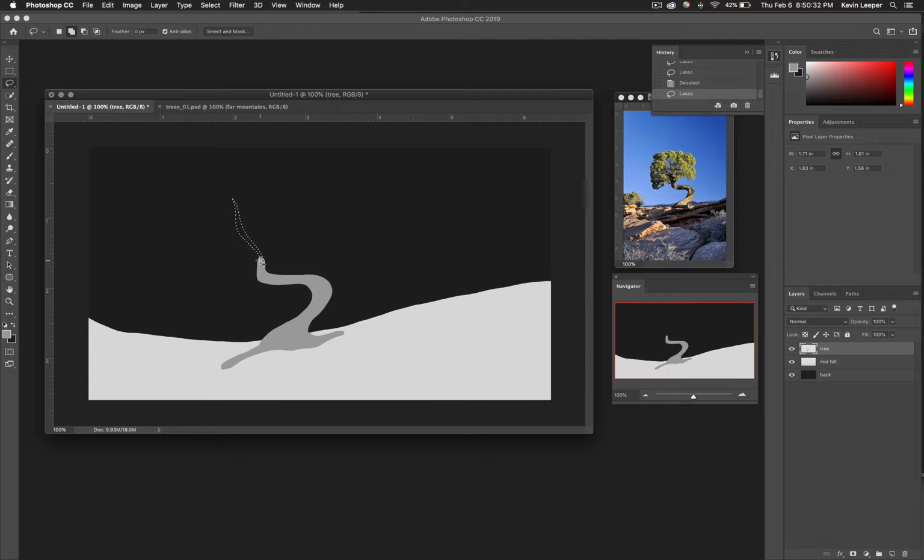And now if I click and drag again, I can get another branch, and it won't make another selection. You see that? It just creates another shape. Let's come off this way. Trees are kind of cool in that this will eventually get filled in with leaves, but it's nice to have a couple little dark shapes in there just to sort